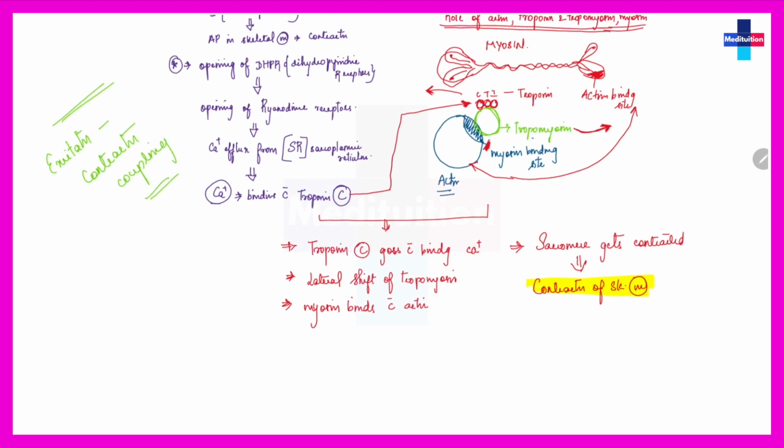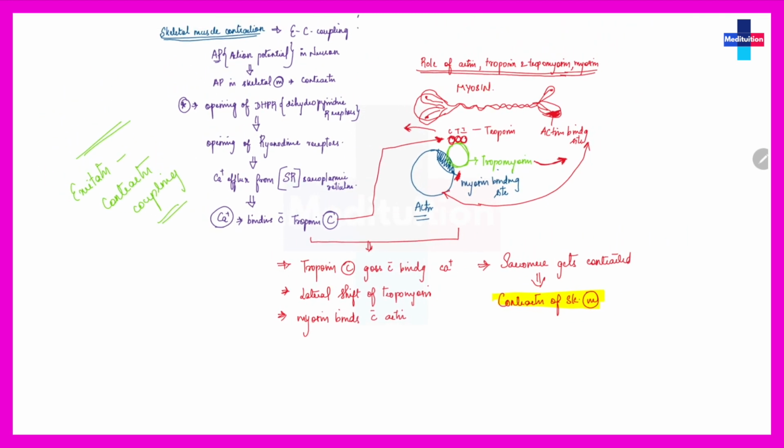So this is what you have to know at least. They can ask you any points in this. They can ask you a point of myosin binding site and where the troponin C binds. They can ask you anything regarding this. So this is excitation contraction coupling and the role of your sliding mechanism, how the sliding of troponin C along with the calcium and the lateral shift of tropomyosin makes your skeletal muscle contract. Now we are going to see some applied part